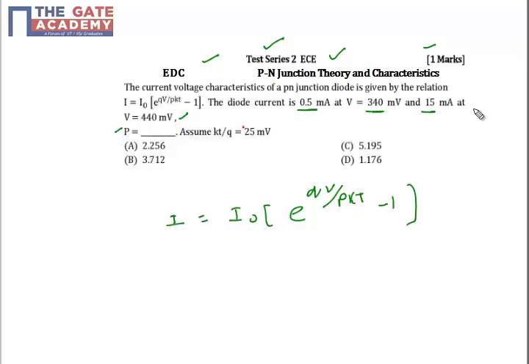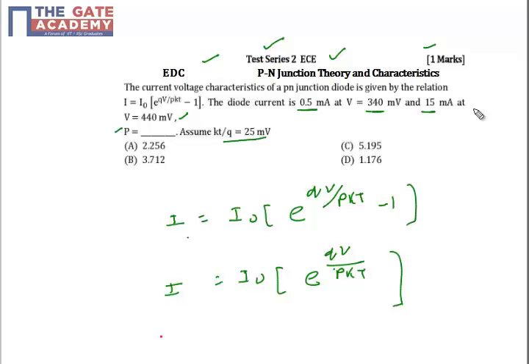That is my problem, and it is given that kT/q is 25 millivolt. So we have the value of I for two different values of V, and kT/q is already given. We need to calculate the value of η. So one assumption I can take is that because the exponential has a positive power, e^(qV/ηkT) is much larger than 1. So I can simplify my equation as I = I0 e^(qV/ηkT).